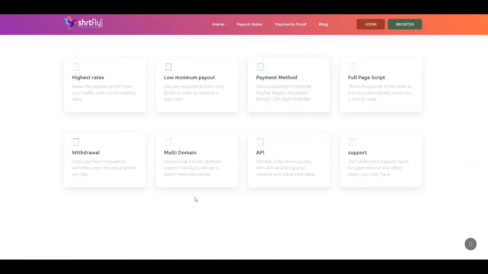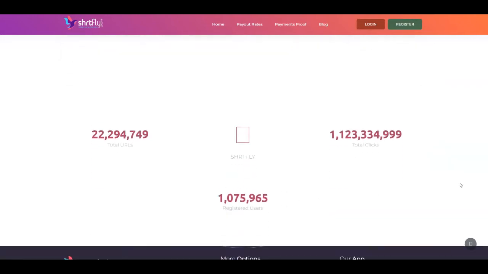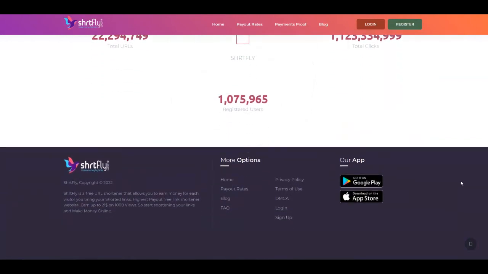Also, you're going to see that you can have daily payment frequency. You can withdraw your money anytime, any day. They also offer you a 24/7 dedicated support team. So something else worth mentioning is that Shirtfly is also available on Google Play Store and App Store, so you can download it on your iOS or Android device, and you can use it from your smartphone and make money